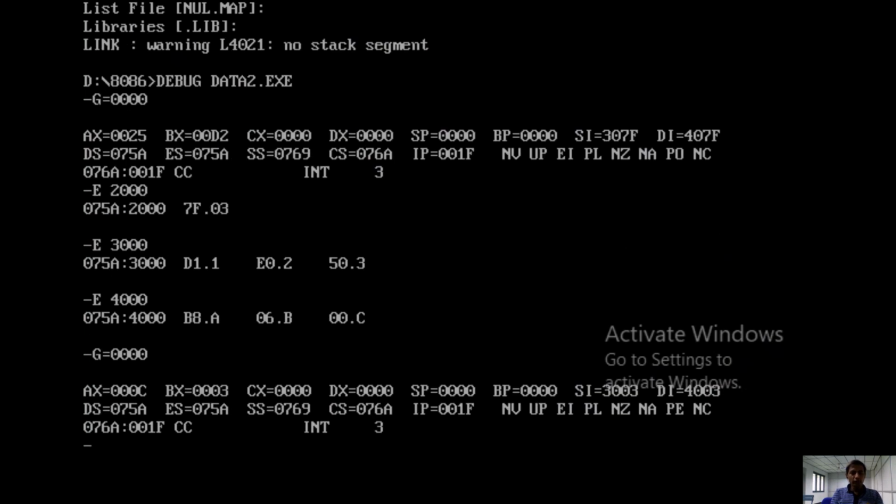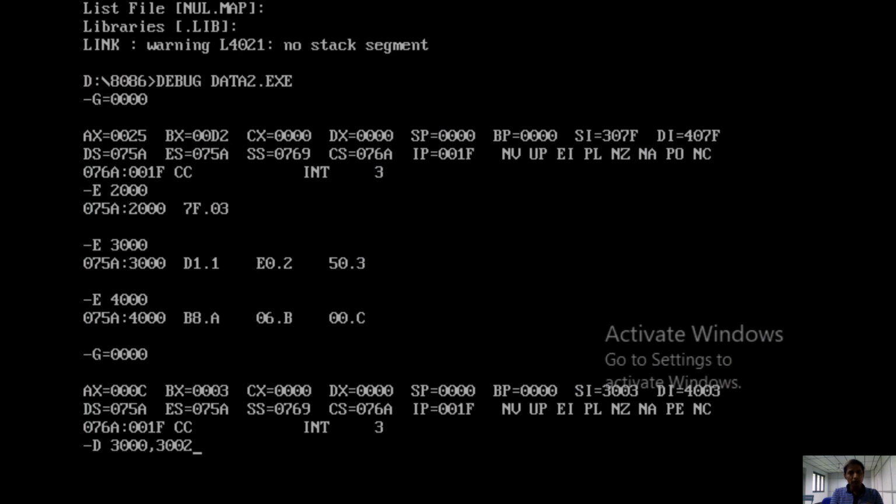Okay, then later where do I need to see results? In the same locations. After exchanging, what happens? These values are transferred to that side, and those values are transferred to this side. So for that, let us see, the command is D now. D space 3000 comma 3000. Only those locations I need. That's why I am selecting the starting address and ending address.